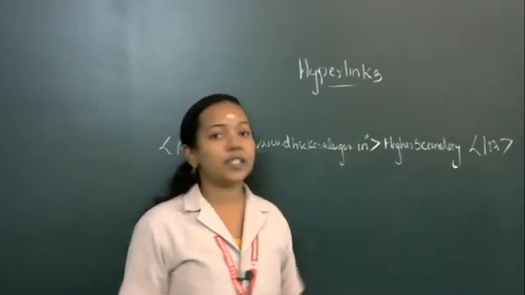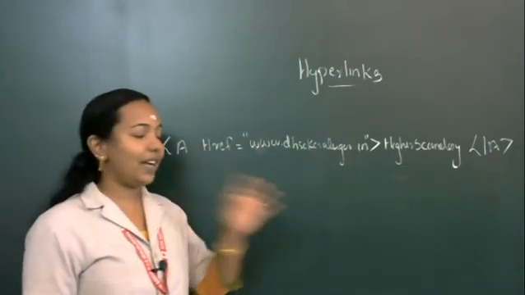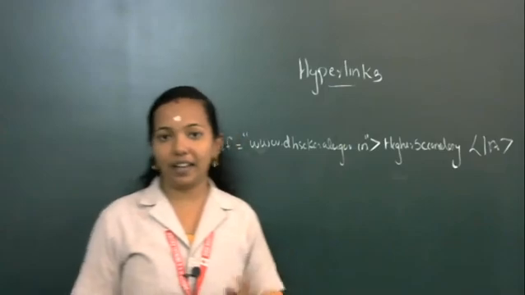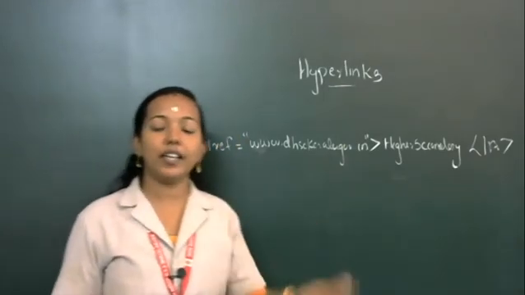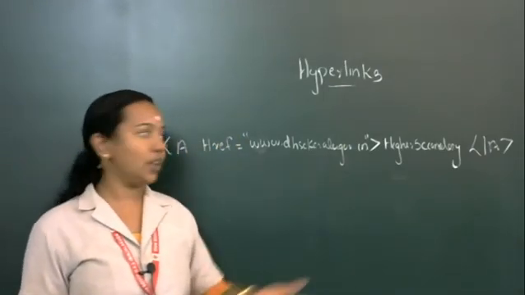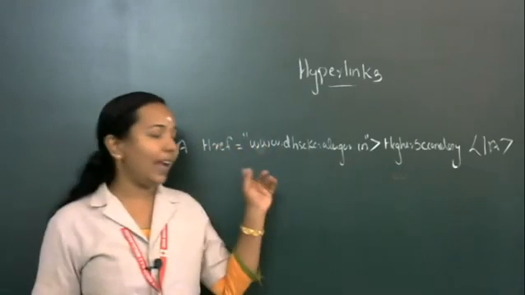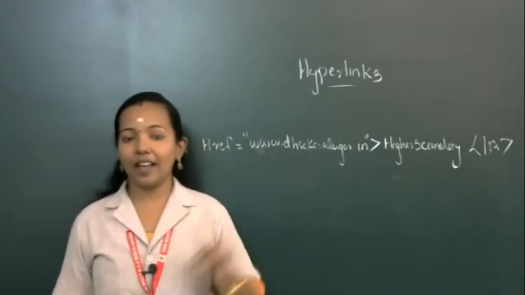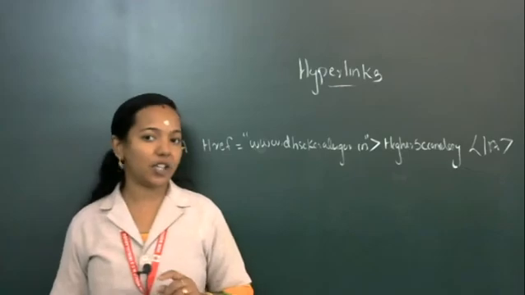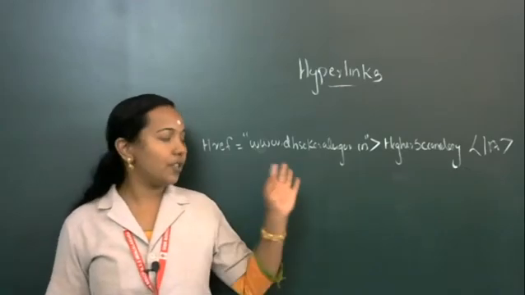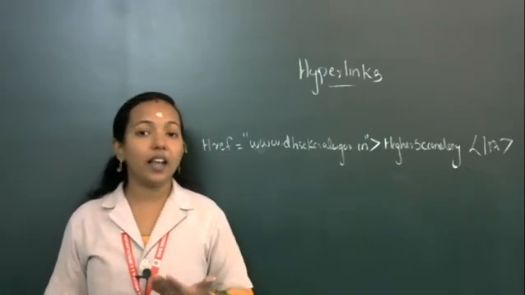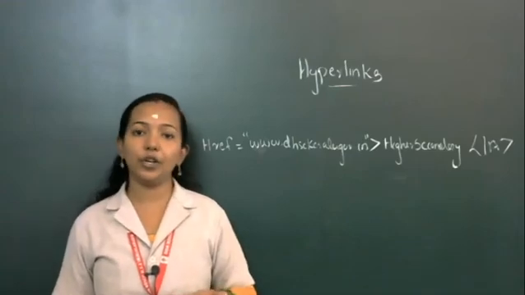When you specify the text, what will happen? That text will come as a hyperlink. When we click on it, it automatically moves to another web page. Then all of you remember, the a tag is a container tag. Opening section and also closing section will be there. Clear? So this is how we are inserting a hyperlink into your document.